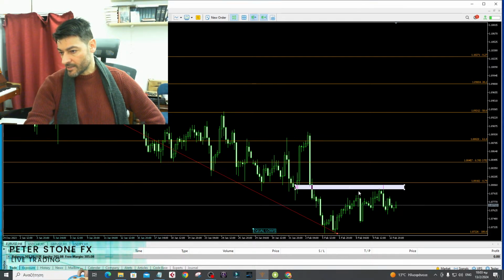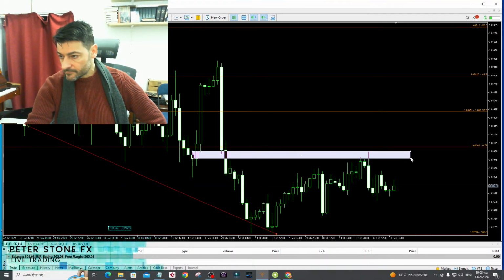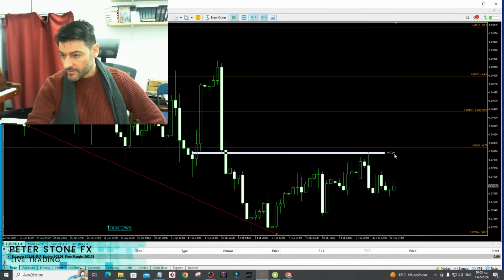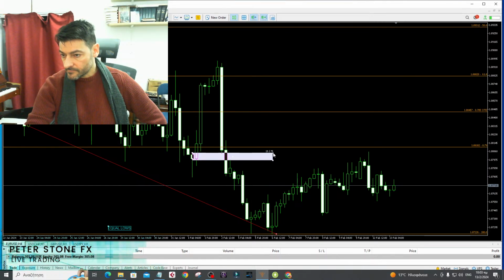This candle shows the reaction from this mitigation block and this fair value gap actually. The exact point. You see the precision? So here starts the fair value gap up until here. Boom. If we draw this in time, I'm talking about the gap between these two candles and this purple color area, if we draw it in time,